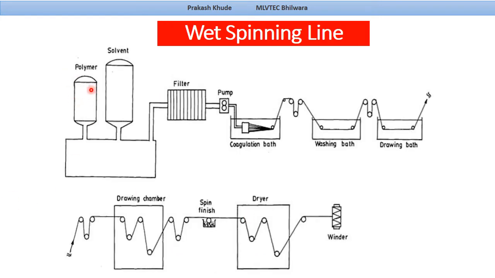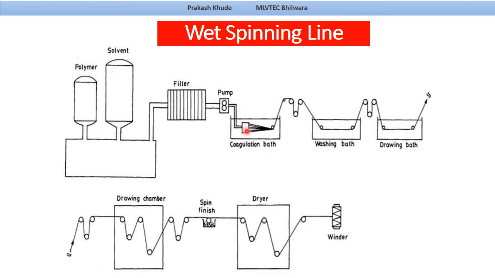Here we can see the generalized process line: the polymer is dissolved by means of the solvent, the solution is processed through the filter unit, then passed through the metering pump, and then we have kept the spinneret